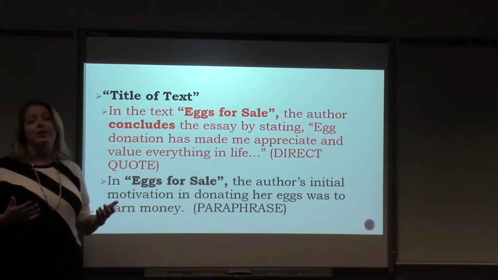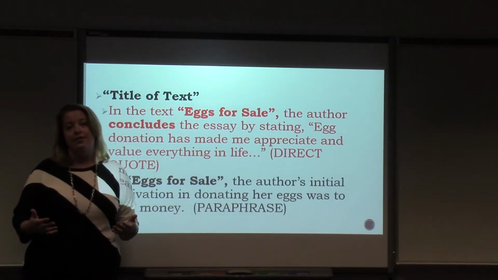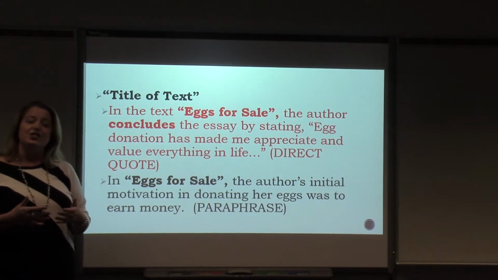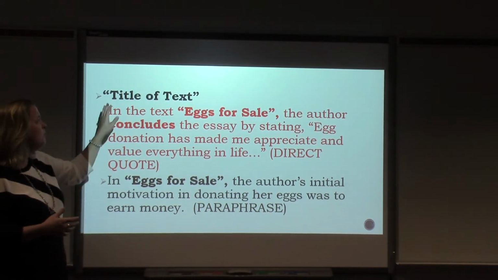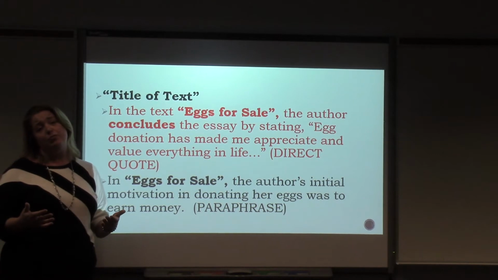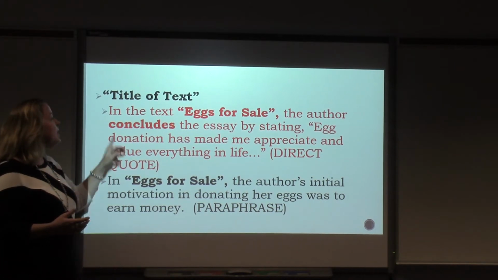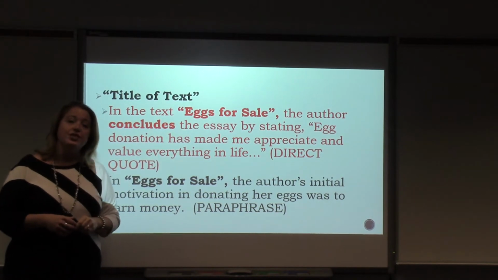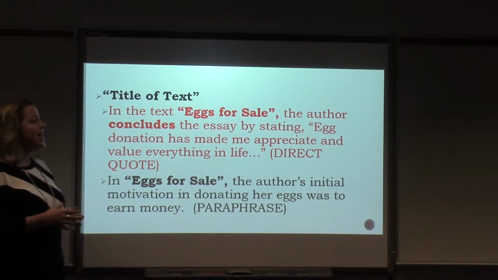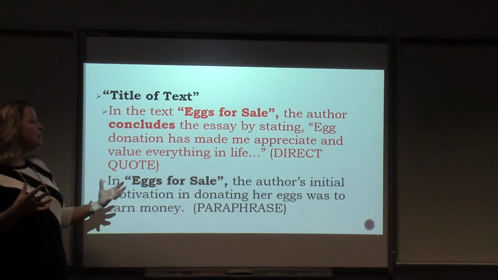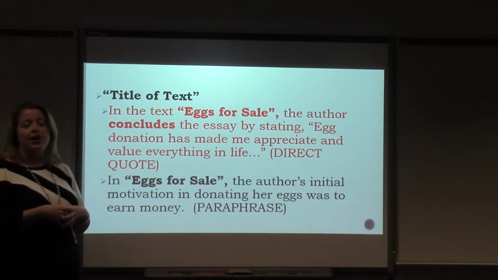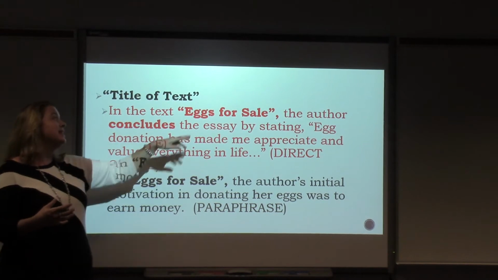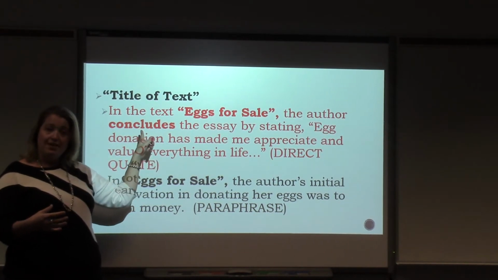Now, what happens if we have a text that does not have an author, okay? And I'm going to continue with our example of eggs for sale, just to show you. Well, in this case, you can do author attribution by using the title. And so in the text, "Eggs for Sale," notice it's in quotation marks to denote the title. The author concludes the essay by stating, quote, egg donation has made me appreciate and value everything in life. And so again, instead of the author, this time I have the title, but then I still have my precise